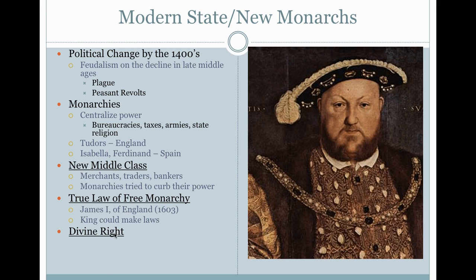And finally, the idea of divine right. Very similar to the mandate of heaven. These monarchs believed that God chose them to lead, and that was used to justify their rule. So very important concept right there. Very similar to, I think, what Constantine believed in, obviously the mandate of heaven going back to the Chinese dynasty. So there's a continuum there in terms of how these rulers justified their power and their rule.